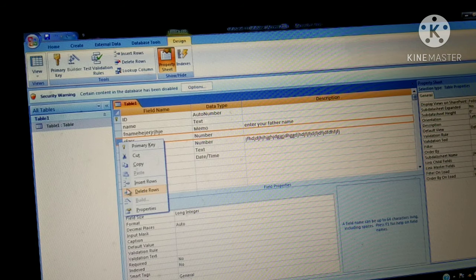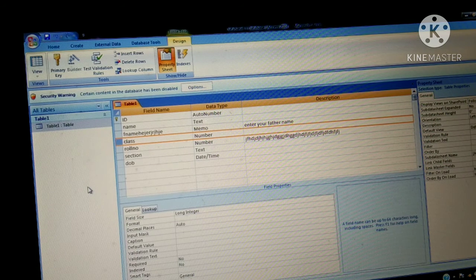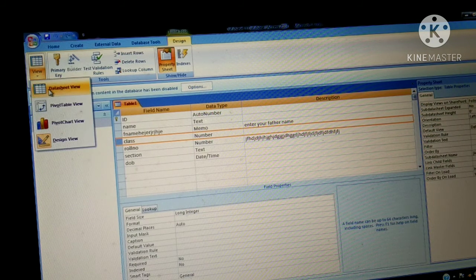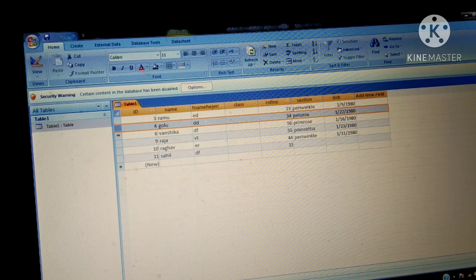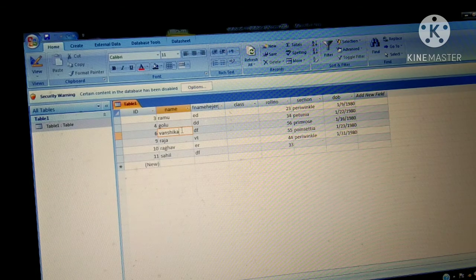Okay children, our next task is editing record in a table. Editing record in a table. Record means that whatever the entries we have done here, okay, these are the records, row records. Okay, I want to do the editing in the records. Okay, oh ma'am, by mistake I have written here Vanshika. I have to write here Vansh. Okay, so it means I want to do the editing in this particular record. So editing the record in a table.